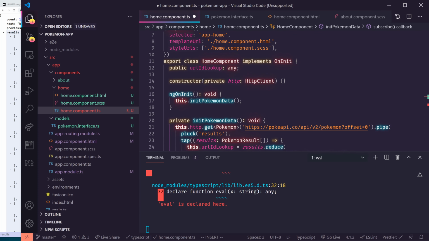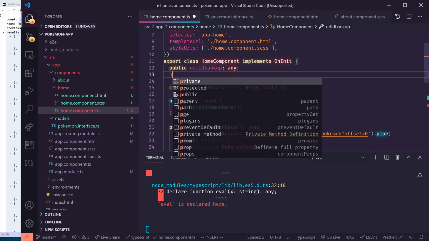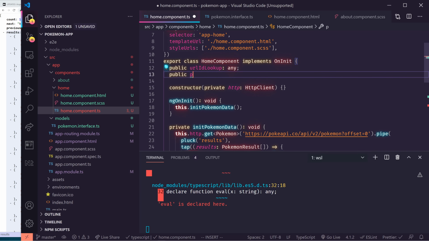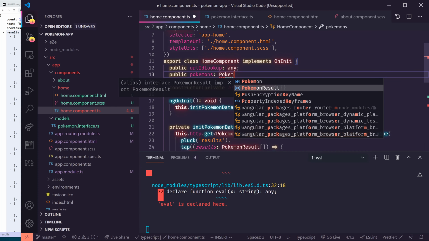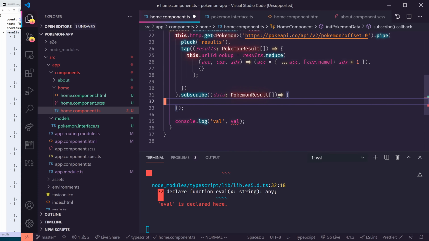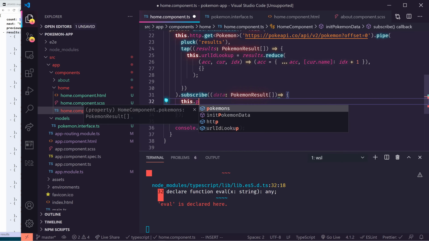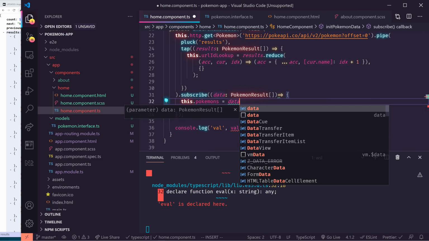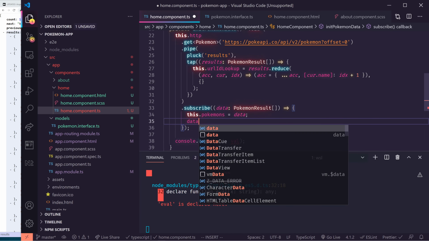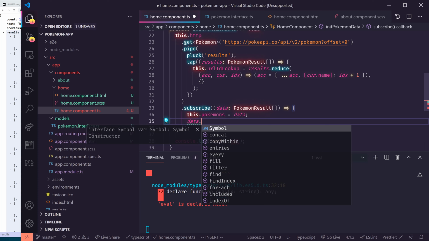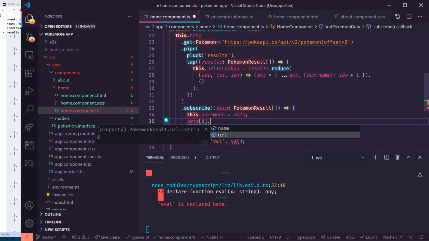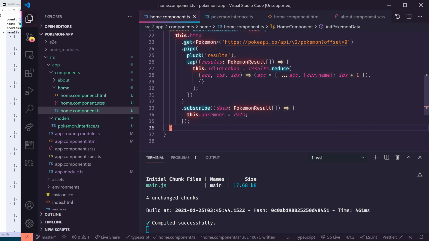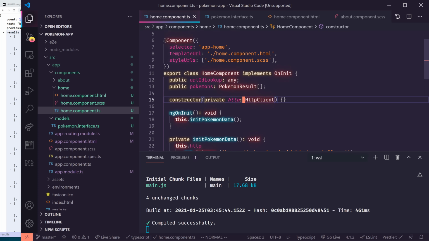So I also want to grab a Pokemon result. So we'll make it public, Pokemons, and we'll call it Pokemon result. And so now we can do this dot Pokemon equals data. Yeah, I think data will work fine right now. And by the way, you can see here if I do data dot, it says this is an array. If I do 0, you can see here's a name and URL. So if we did this right, and I'll delete this console log val, we should be able to access the Pokemon data inside our